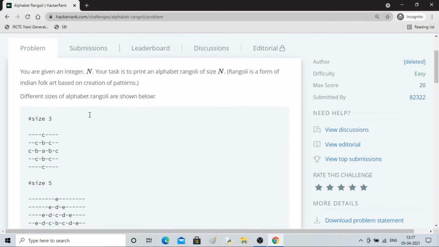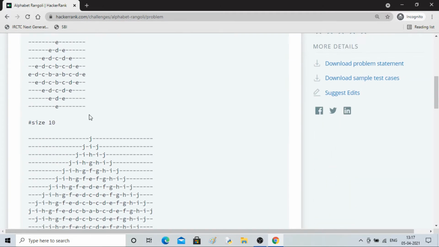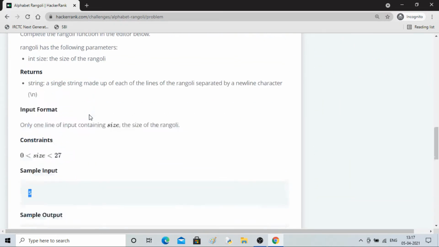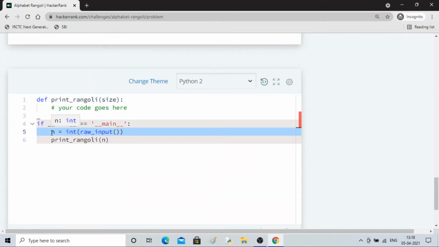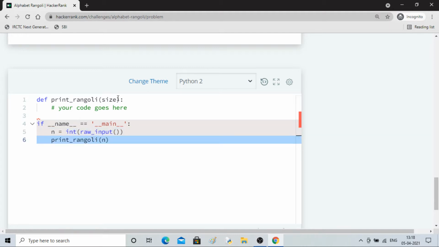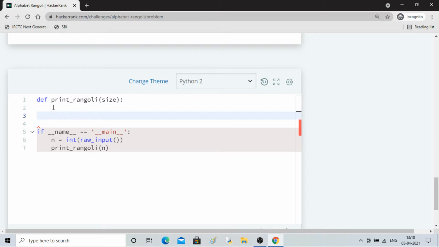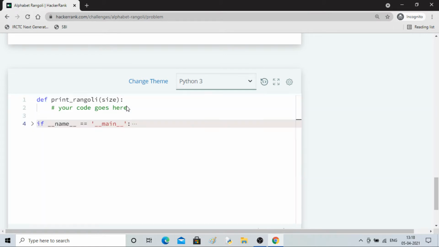Similarly it will be arranged. The logic actually took me time to come up with. Here we are given the input n, and n has been passed to our function. Here we have to write the code. The first thing I'll do, depending upon the size, I'll take Python 3. We have to come up with alphabets, right?